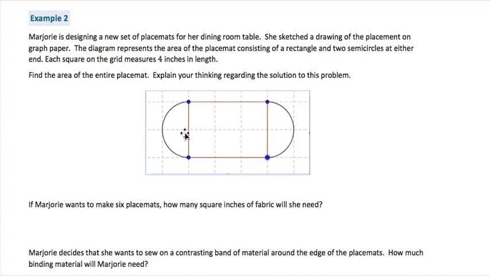We need to find the area of the placemat and explain our thinking regarding the solution to the problem. So if Marjorie wants to make 6 placemats, how many square inches of fabric will she need? All right, first of all, let's find the area of one placemat. So what we have is, first of all, a rectangle